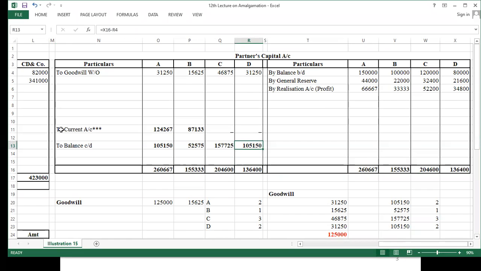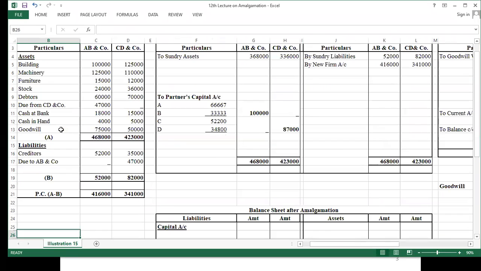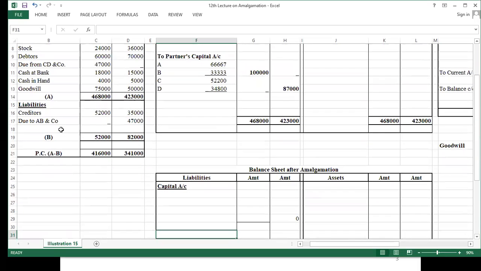तो मैंने डी के अकाउंट को बेस पकड़ा, वैसे भी डी का अकाउंट बेस ही है, जब तो 0 आया. और बाय डिफॉल्ट सी भी क्या आ गया? बेस आ गया. तो इस केस में अगर हम सी को भी लेते ना बेस तो भी चल जाता. डी को बेस लिया तो भी चल गया, लेकिन हमने डी को बेस क्यों लिया? बिकॉज द टोटल ऑफ द कैपिटल ऑफ डी इज द मिनिमम. ठीक है. नाउ कमिंग टू बैलेंस शीट, let write down the balance of each and every partner